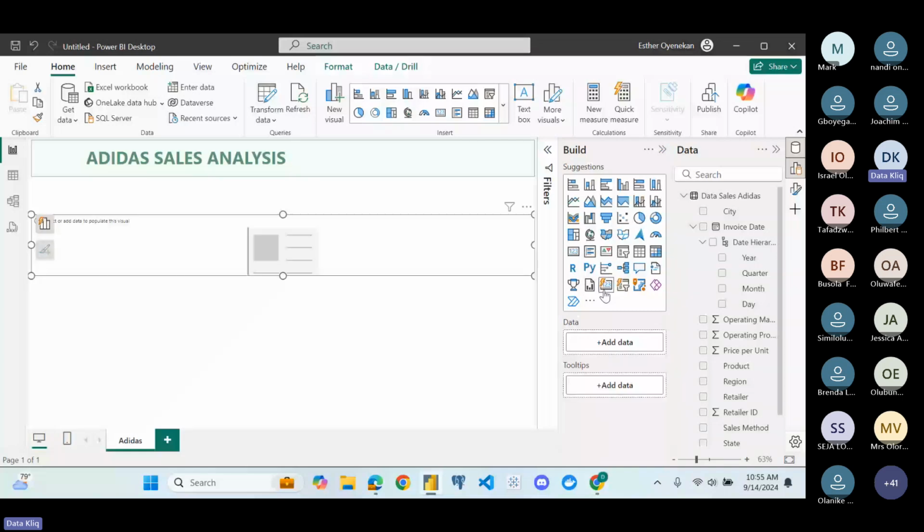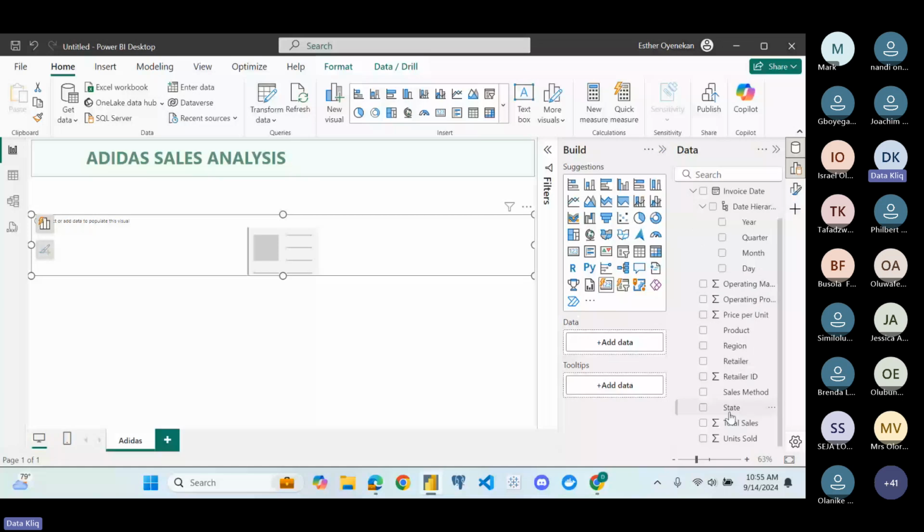I want to see my total sales on my card visual. You can see it's coming up. What else would I like to see on my card visual? I want to see operating